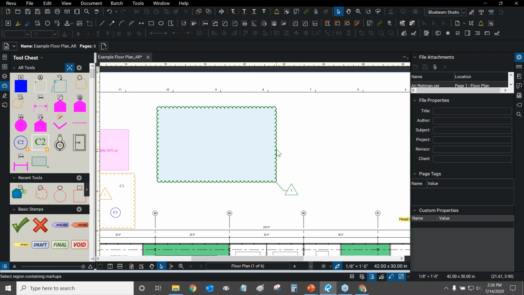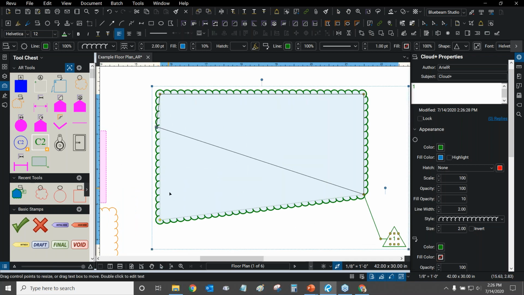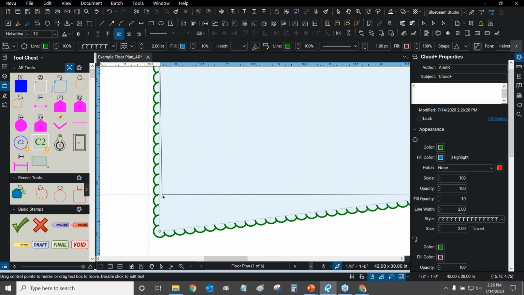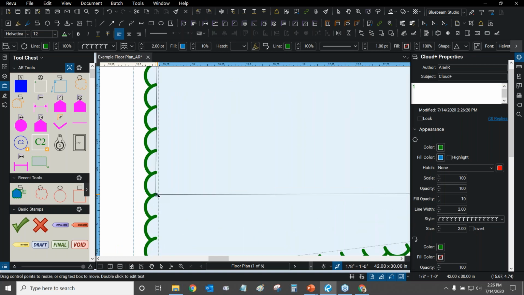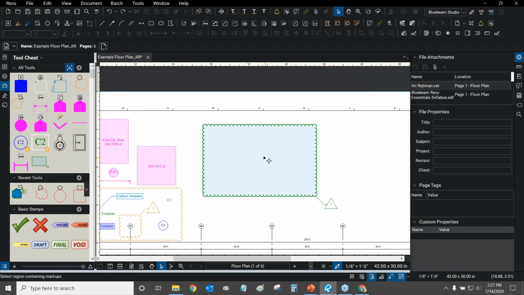Now, that's nice, but I don't want to have to place it somewhere and then have to stretch it out and modify it. There's also no real way to stretch a cloud in a square uniform way. So if you want it to remain square, you're going to have to basically make it perfect from the get-go. Another thing you could do is turn on snap to markup. So if I grab this grip here, now I can align myself with any of the other grips that I currently have, but even then, it's trying to align me to existing grips that already are on my sheet. So it's not even really letting me align to this one. It kind of is right here. Boom, that's pretty close to being square, but it keeps trying to snap to the wrong spot. So yeah, a little bit wonky. So let's not do that. Let's actually undo and get our cloud back.